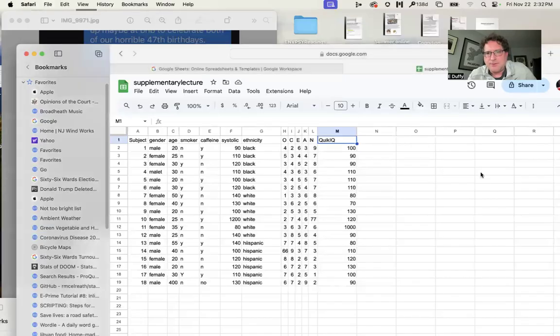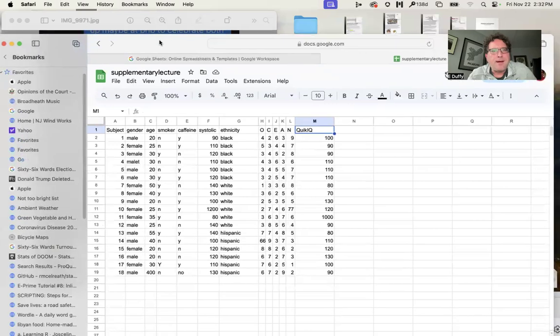I'm going to share, and I'm going to go to this data set right here. What I have here is a data set that consists of 18 subjects who are male, female, ranging in age. Some of them are smokers. Some of them have had caffeine today or have not had caffeine. I have their systolic blood pressure, so that's when you have like 120 over 80, which is kind of normal, that's what that represents. We have ethnicity, and we have